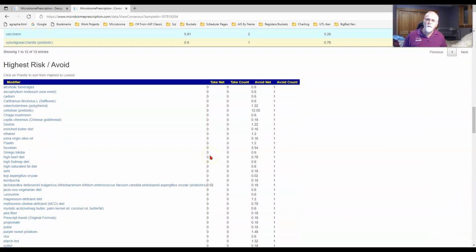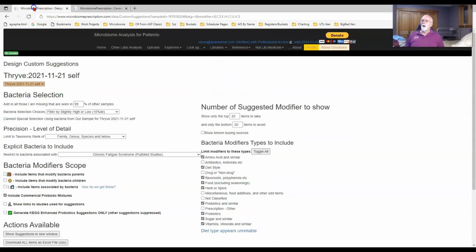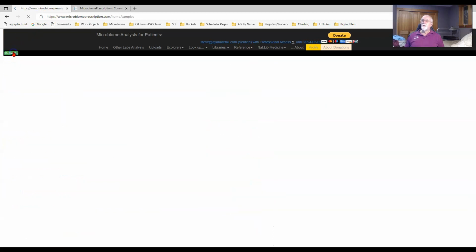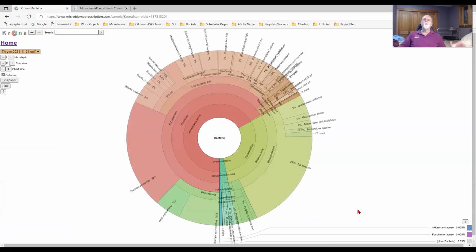So very much like the last one, I want to do one more thing on this one because I just got it fixed, which is when you do the sample visualization, we have chrono charts. And they should be working now, and you should see a chart like this. The main purpose of the chart is to better understand what's happening with bacteria in a pictorial way.